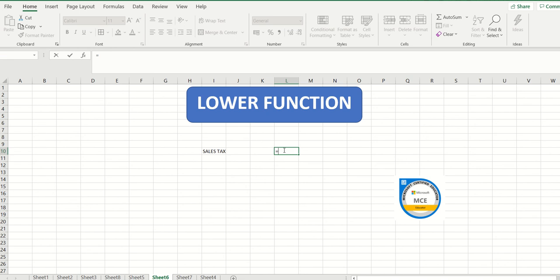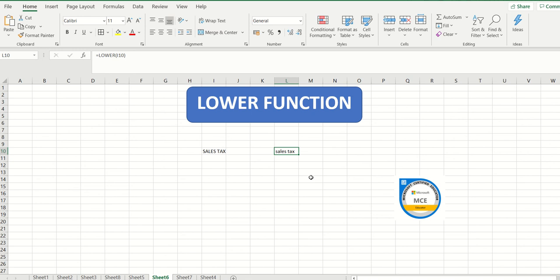So it is equal to, then I have to type lower. I've got the command, double click on that, select the cell or the text and then hit enter. See, it has converted that into lowercase.